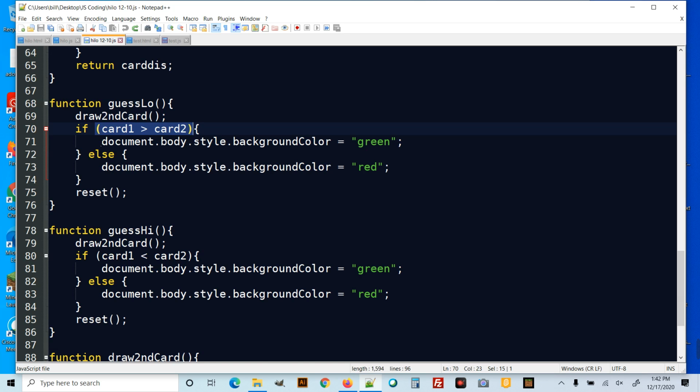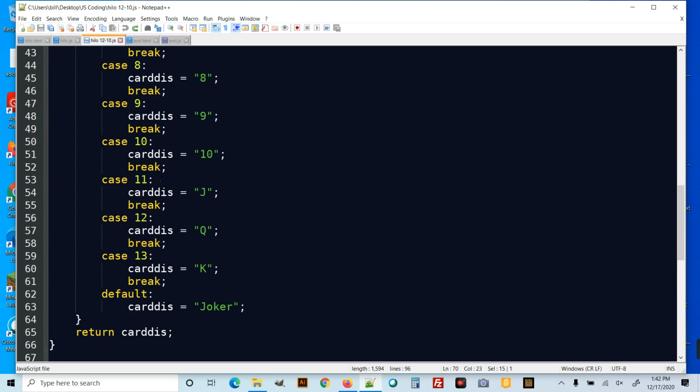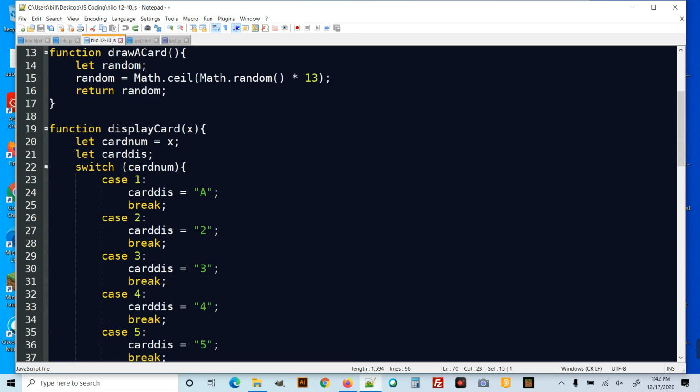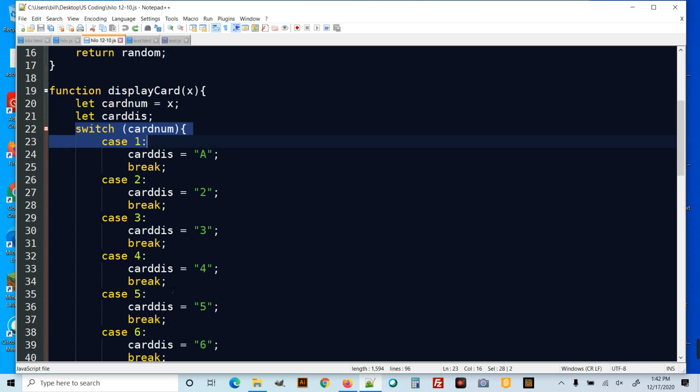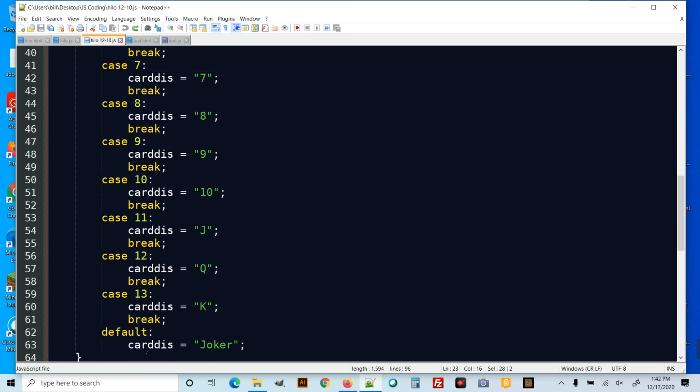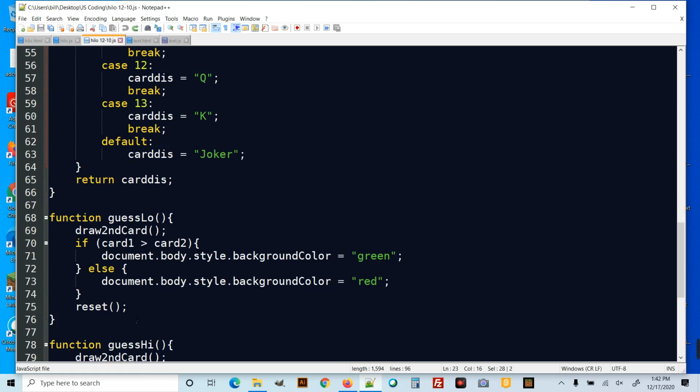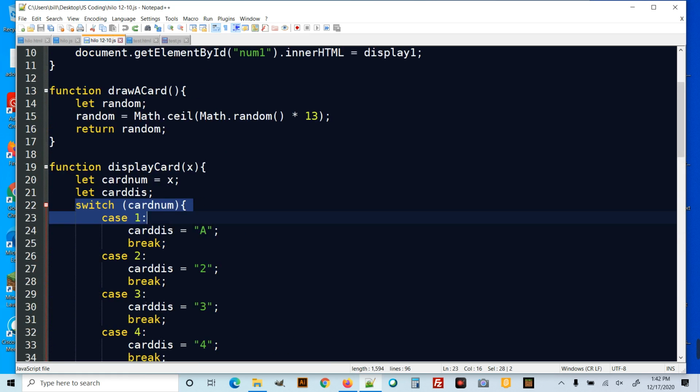So okay. And then we introduced this one, a thing called switch case. So this is where you want to compare a variable. It can be a number of different things, and you want to do something different for each one of those. Instead of saying if card num equals 1, do this. Else if card number equals 2, do this. Else if card number equals, so this can really speed things up for you. So the switch in the case. So you can use all of these. You're relatively familiar with them. And going forward,